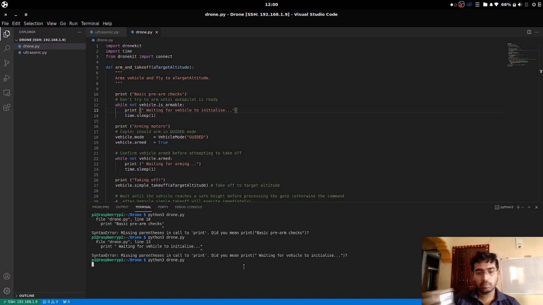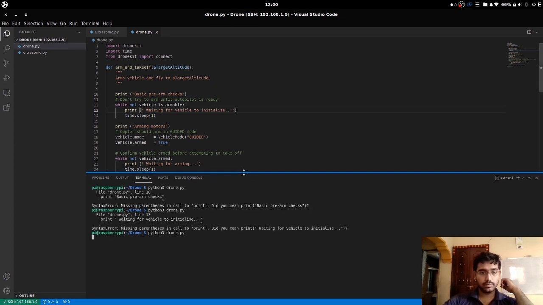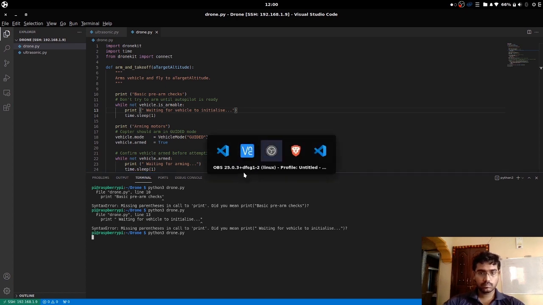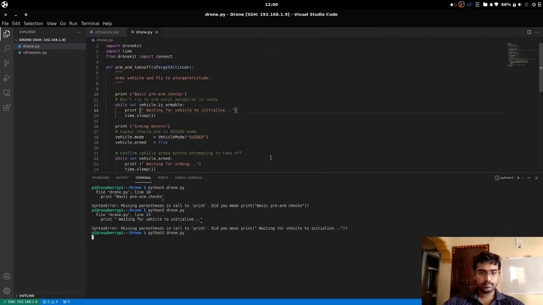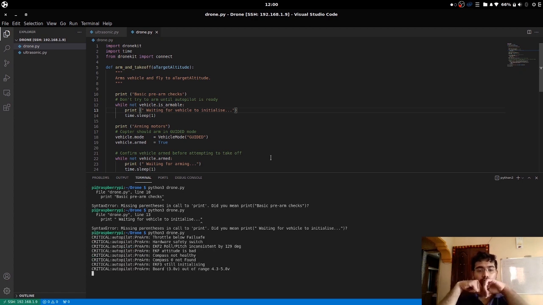Python 3 drone.py, and you see now it's running. So let's wait. Ta-da!